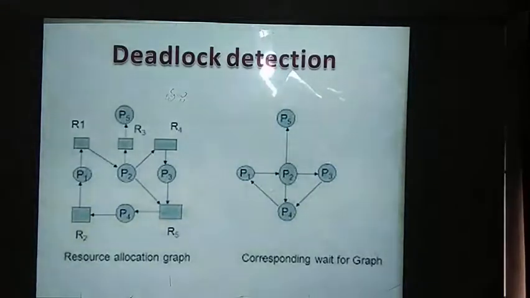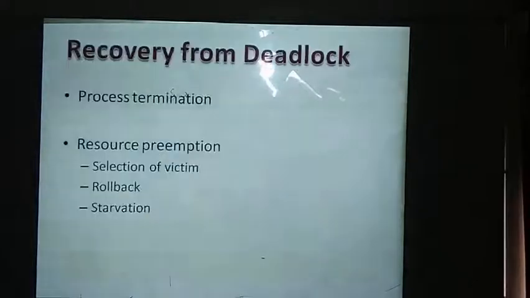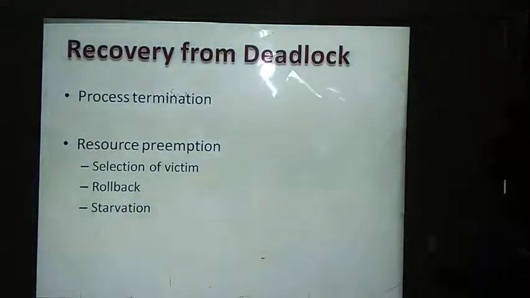If the situation has gone to deadlock, then deadlock recovery will be done. Deadlock recovery will be done by considering two methods: process termination and resource preemption. The deadlocks detected in the system by using the deadlock detection algorithm need to be removed from the system by following some mechanism, and those mechanisms can be implemented through these two terms: process termination and resource preemption.